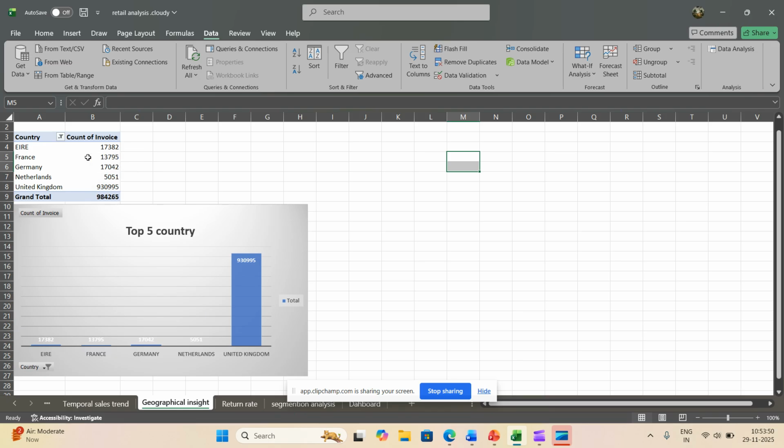So here we see the clear values of each one, and the chart clearly shows that the United Kingdom has higher number of transactions, much higher than all the other countries. This means most of our sales come from the UK, and it is our main market. And most important, this is a top 5 country I selected.